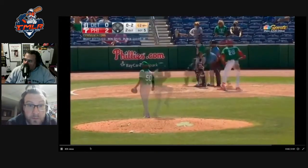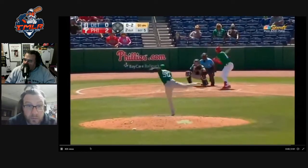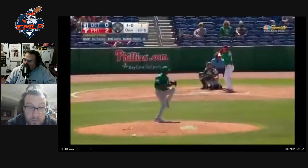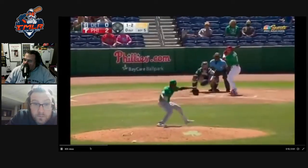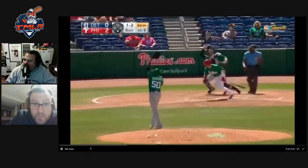It was something I saw on Twitter, and it's something that Chris Fetters might be getting with everybody, because they're just hitting the top of the zone well. When he missed, he didn't miss by much, and you see that pitch right there. He just seemed like he was hitting the zone where he needed to, and that's something that the Tigers really